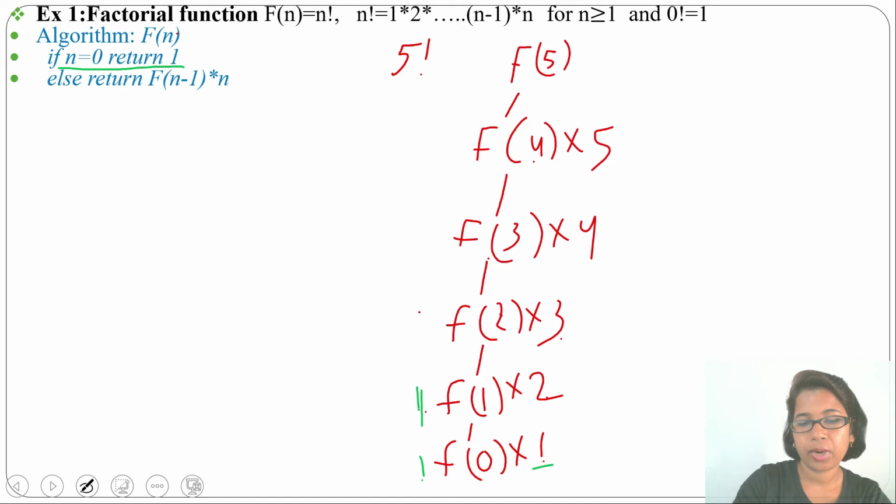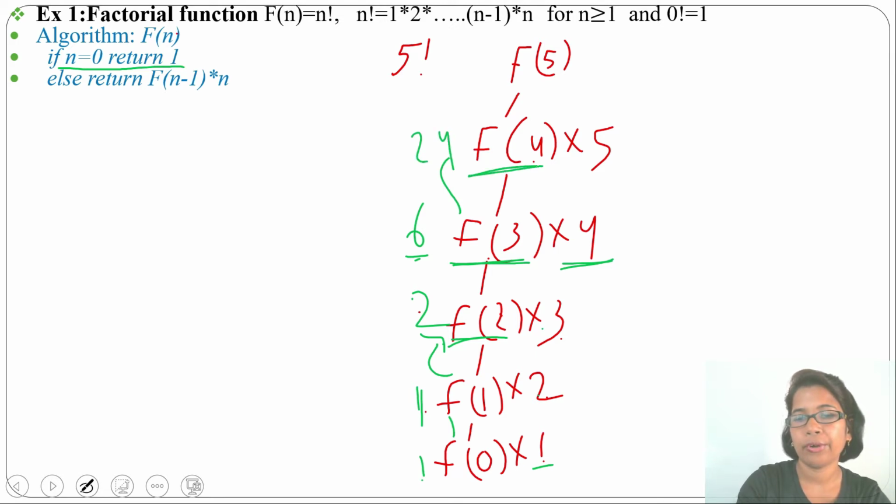Now F(1) is 1, so 1 multiplication 2, it will return 2 for F(2). Next, 2 multiplication 3, it will return 6 for F(3). Next, 6 multiplication 4, it will return 24 for F(4), or you can say 4 factorial is 24. Next, F(4) multiplication 5, 24 multiplication 5, it will be 120.